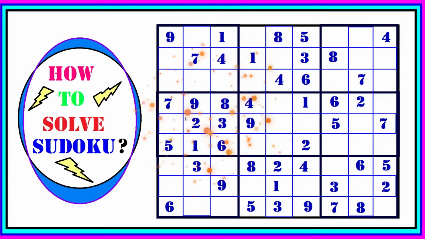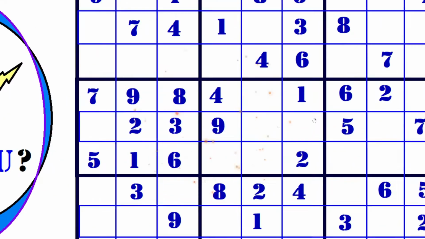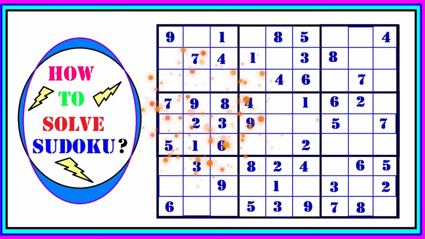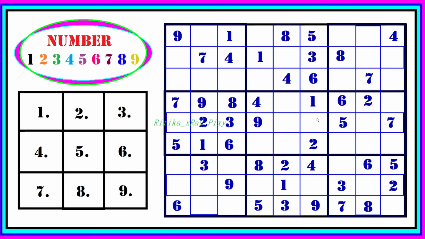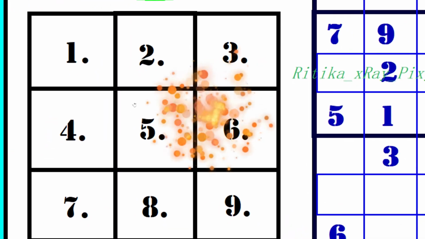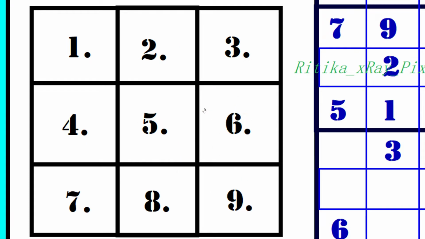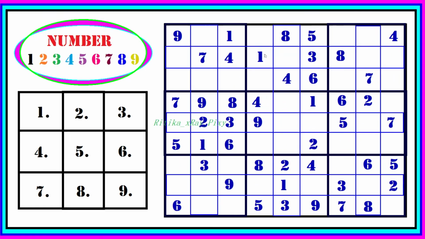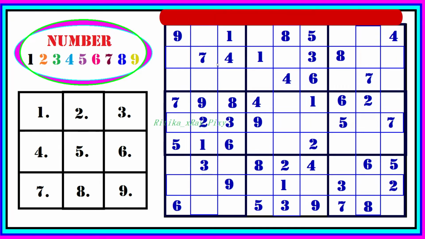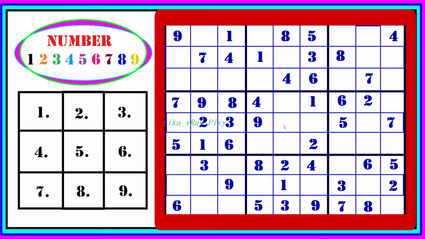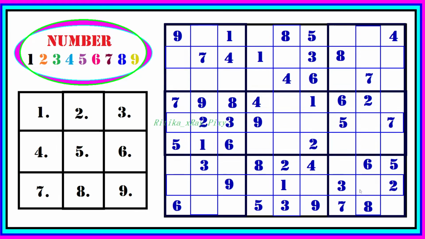In this video, we will try to understand how we can solve the Sudoku puzzle. So this is the Sudoku puzzle that we will try to solve in this video. First of all, you can see here we have the main block, and inside this main block we have 9 sub blocks, as you can see here: first, second, third, fourth, fifth, sixth, 7, 8 and 9.